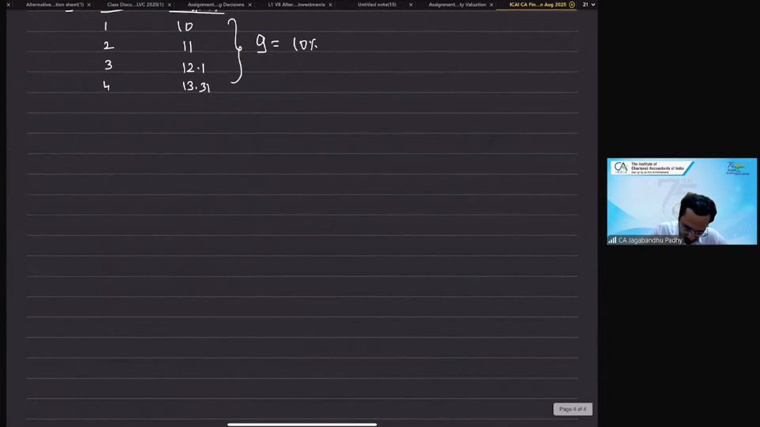But you know what? This formula of value is equal to D1 upon K minus g is a bit problematic, guys. Can you identify some problem, some difficulty with this particular formula, D1 upon K minus g? Yes, sir. If that growth is higher than the K, then that value will be turned into negative. Perfect. Yes. If your growth is greater than Ke, or even if your growth is equal to Ke,